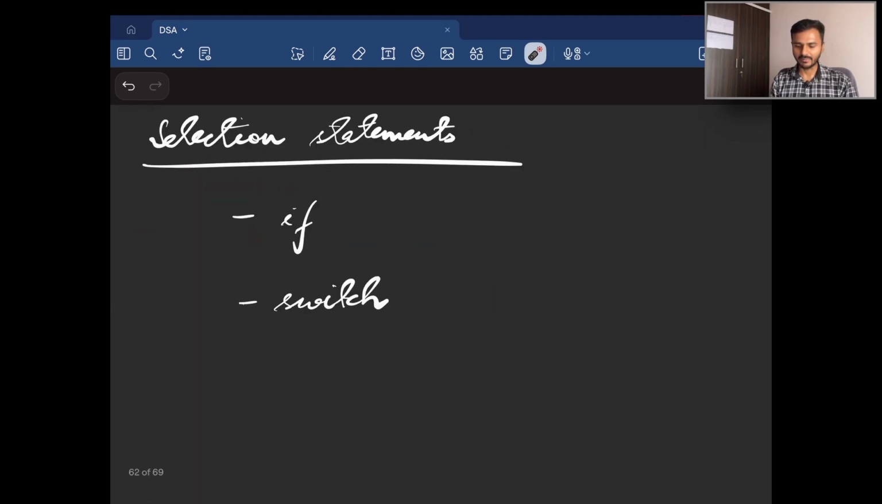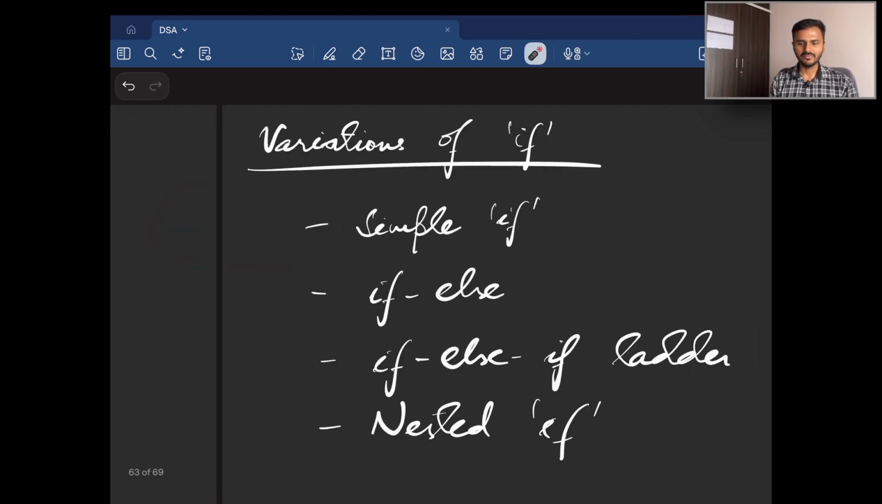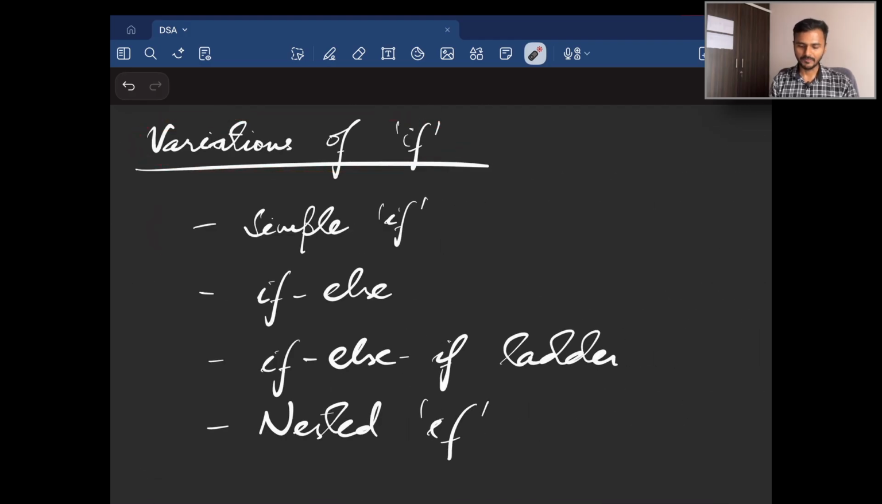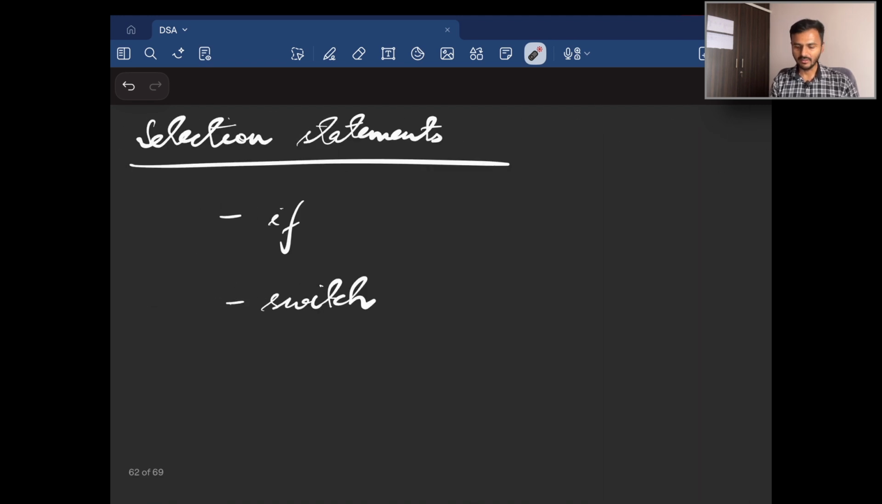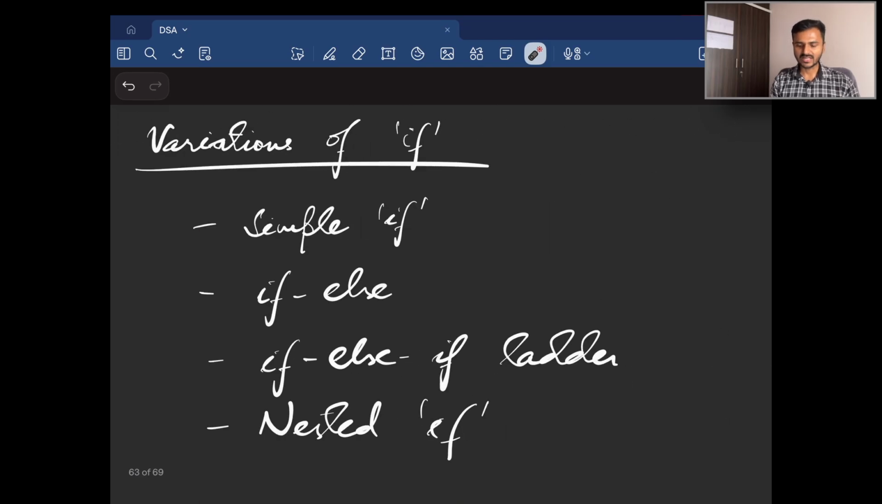Now, coming to selection statements, we can categorize selection statements into two broad categories, and they are if and switch. And if itself has got a lot of variations, 4 to be precise: the simple if, the if else, the if else if ladder, and the nested if. And because if itself has got 4 variations, we will focus our attention solely on the if statement. The next video will be dedicated to the switch statement. So with that said and done, let's get started, and let's get started with the simplest of the if, that